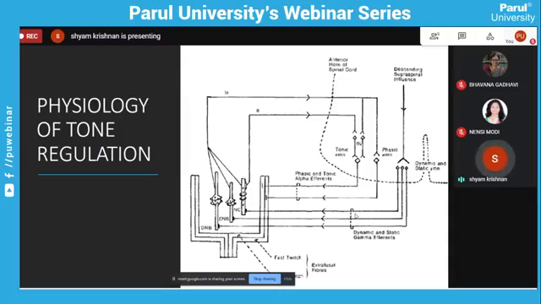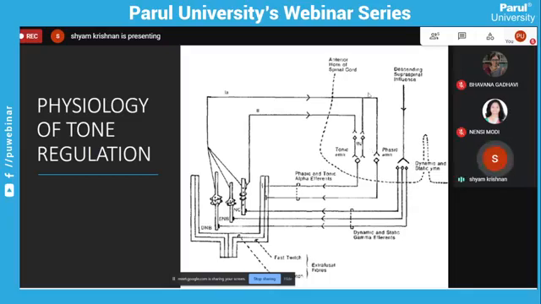A tonic muscle contraction is essentially a sustained muscle contraction. As the name suggests, it is going to maintain the tone, or increase or decrease the tone. That is what a tonic muscle contraction is. So we have two kinds of alpha motor neurons here: phasic alpha motor neurons and tonic alpha motor neurons. And I don't know whether you were able to see, but the phasic alpha motor neurons will be of largest size, and they will have larger motor units also.